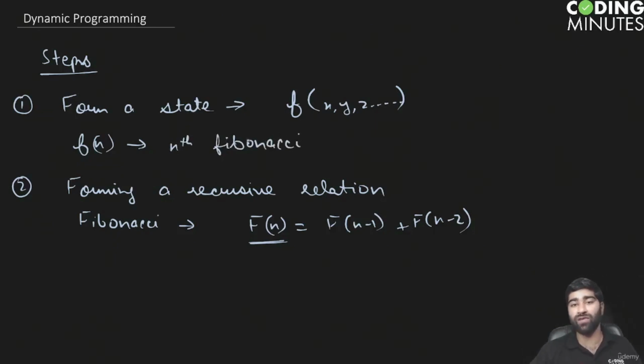Sometimes it can be f of ij, right? That f of ij represents something in terms of i and j. The second step was forming a recursive relation, that f of n equals f of n minus 1 plus f of n minus 2. Normal Fibonacci number, right? So this second part is also called optimal substructure,